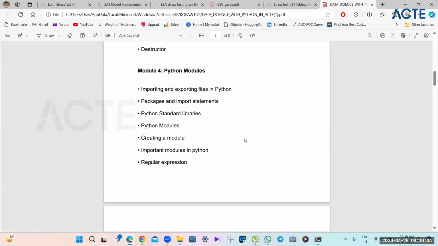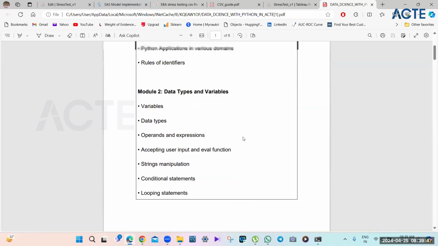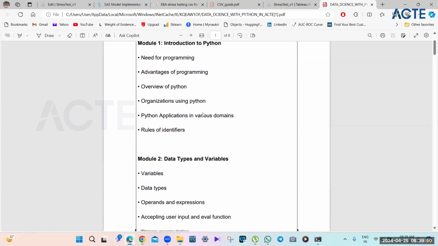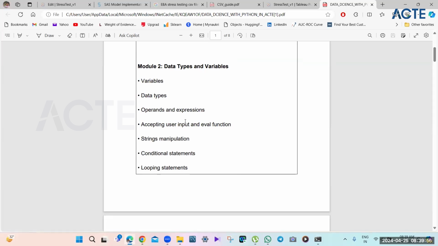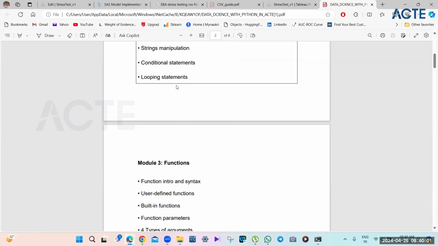So today the plan. So until now we have seen how to open Python, how to install, what is an IDE, what are the data types and variables, that means what are the different ways through which we can save variables or values within Python in the form of list, tuple, dictionary, sets. So we have seen all of that. And then there are two important things, conditional statement and looping. We have seen that as well. Conditional means if else, and looping means where you have to iterate a certain segment multiple number of times. For loop and while loop, we have seen that.